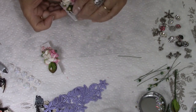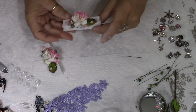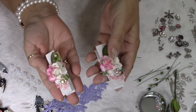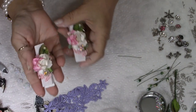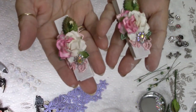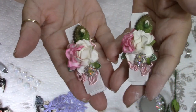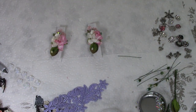And this is gorgeous. The only thing we have left to do now is to put the magnets on the backs of these. So there's that set. Super pretty. And you know what? Wait a minute. We are going to add a little bit